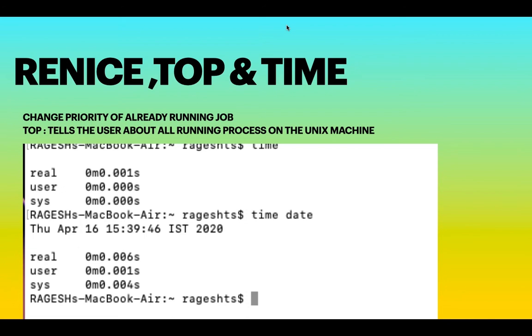Everything, including your hardware and drivers, whichever is active in your system, can be seen using the top command. This is not possible in, for example, a Windows operating system. You cannot get all of that, but using Unix and this facility of shell coding, you can get which processes and what activities are happening inside it.